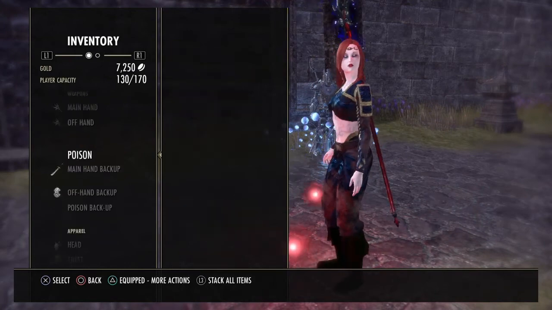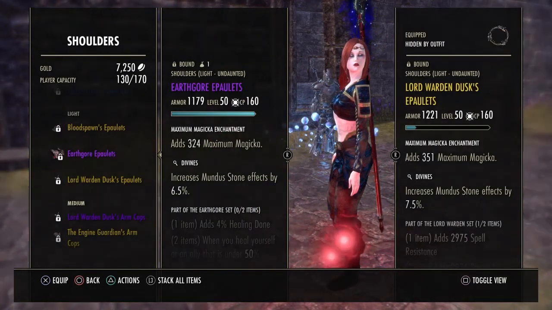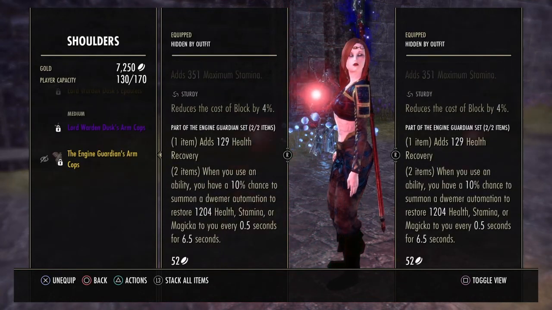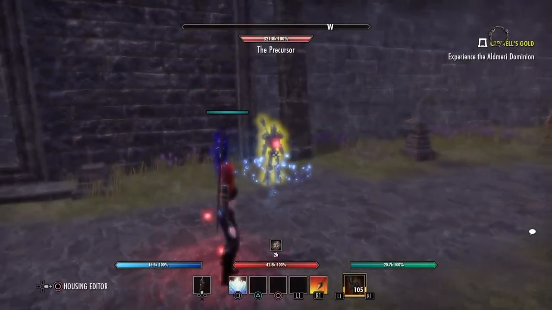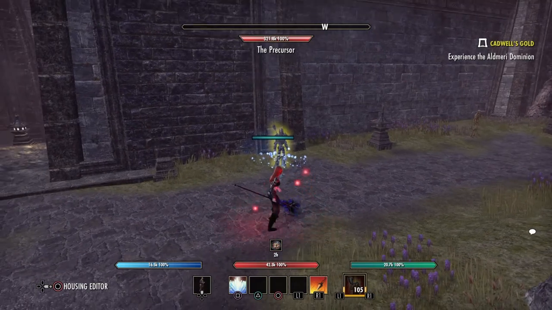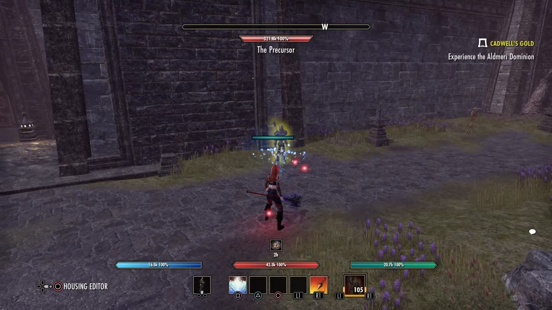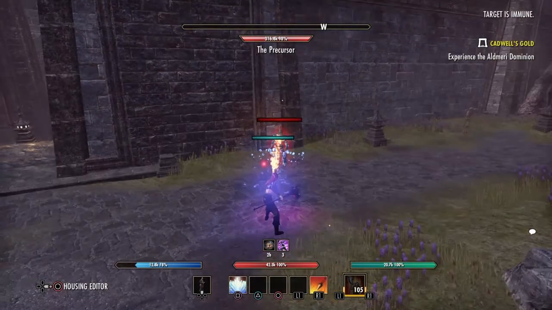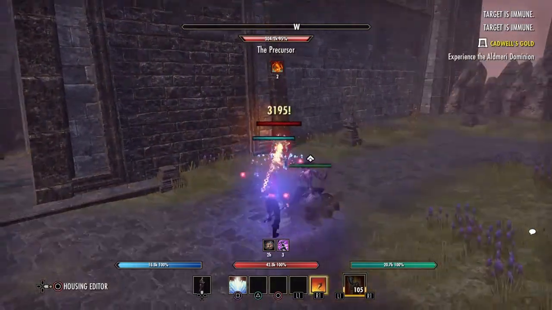Let me just put the Engine Guardian on. Now a trick you can do with this: The Engine Guardian, when you use an ability, has a 10% chance to summon the Dwemer, who will give you health, stamina, or magic. Now, if you use a skill that doesn't have a cost, like Elemental Drain, the Dwemer won't work. But technically, because the chain is costing you, even though it's instantly refunded, your little Dwemer friend will still come